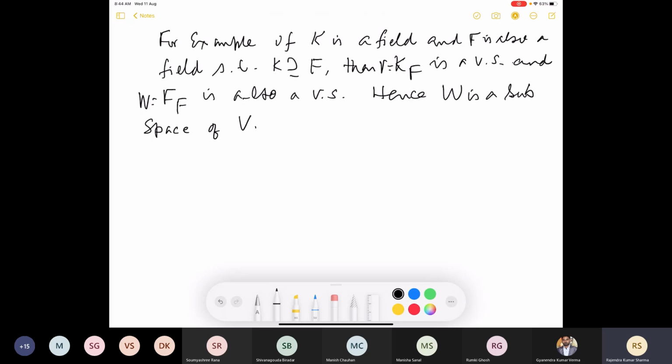Naturally, if V and W are two vector spaces such that W is a subspace of V, so W is contained in V. The other thing, when we say this, is that elements of W satisfy all the properties of being a vector space over F. And since these elements are also elements of V,